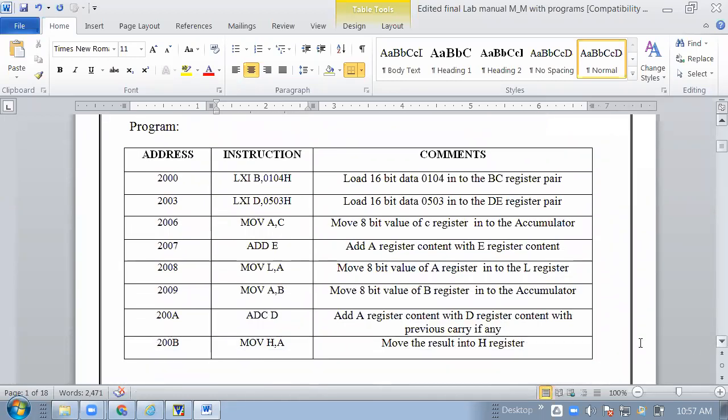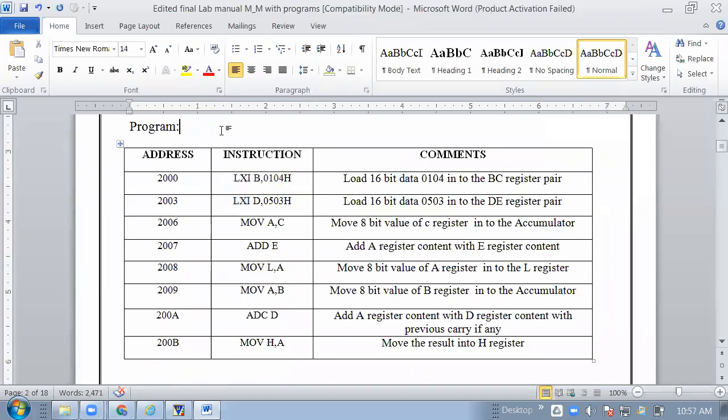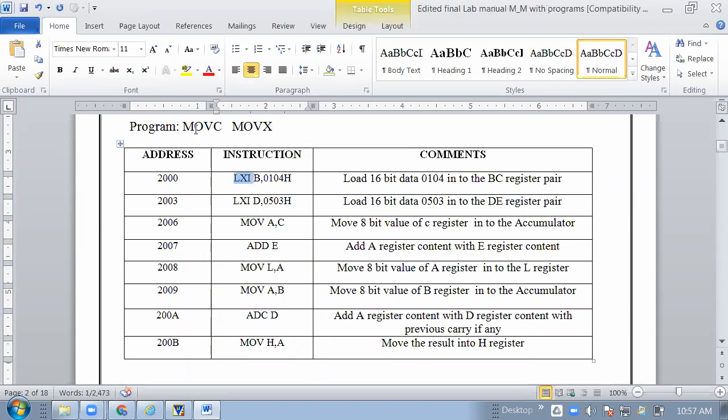16-bit addition. For 16-bit addition, we are using the LXI register pair. In 16-bit, what we have to do? We have to use the instruction MOV DPTR. For code data we use MOVC, and for external data we use MOVX. See the difference between LXI in 8085 and 8051. In 8085 we use the LXI instruction for 16-bit data, and MOVC and MOVX are used in 8051 for 16-bit data.